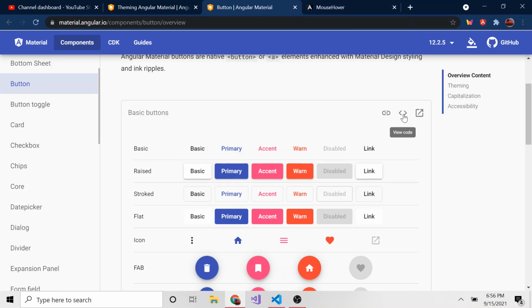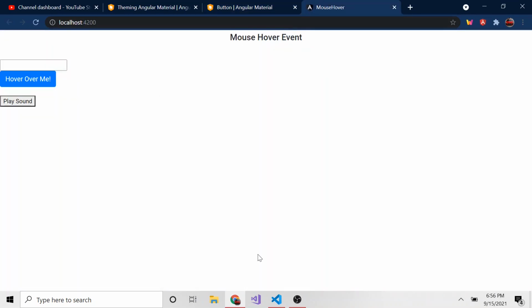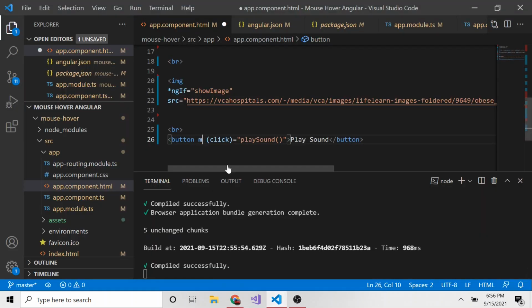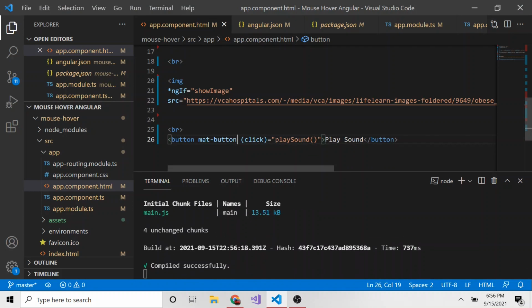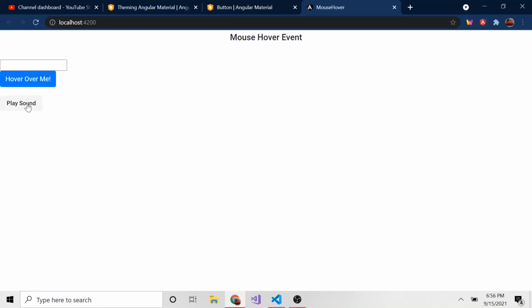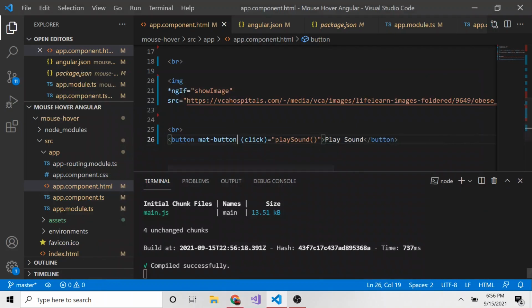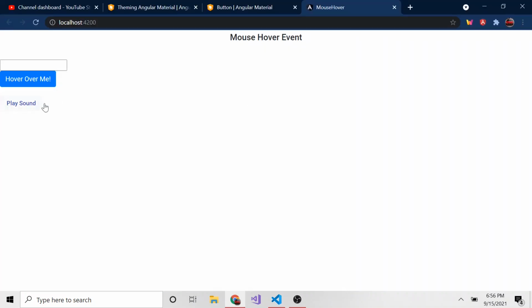And like I said, you can also view the code to see how it's running this. But let's go ahead and say mat button and just look at that one first. So now you can see it's the basic play sound. And we can also give it a color. So if I choose the primary color, that will use the primary color from our chosen color scheme that we chose when it asked us when installing